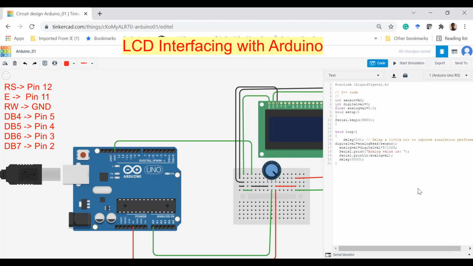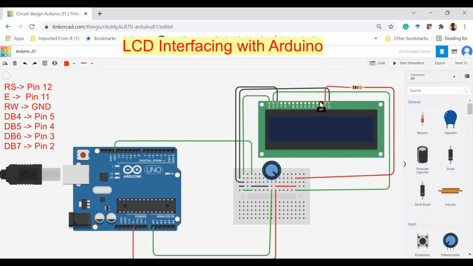Then we have to connect the data pins to the controller. For the data pin connection, we are using pins number 2, 3, 4, and 5 of the Arduino. That means D7, this one, is connected to pin number 2,